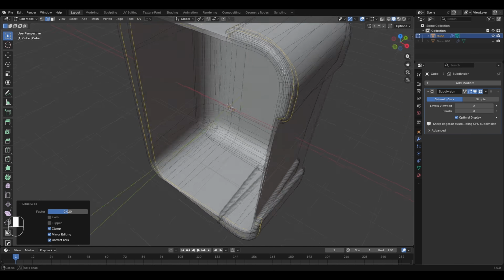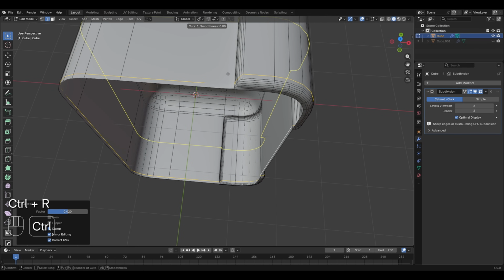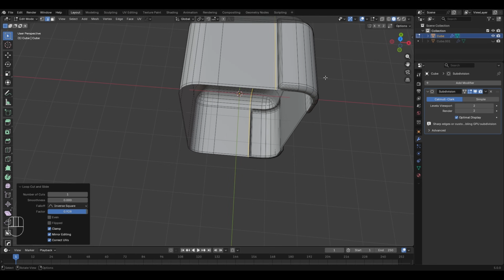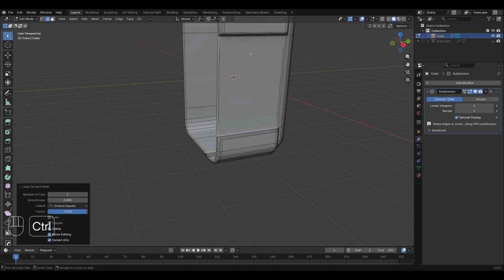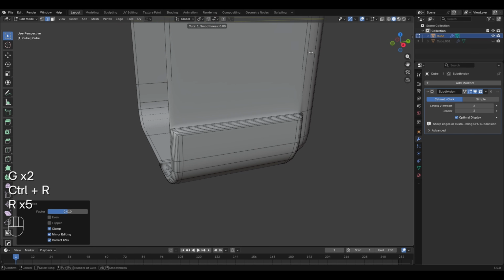After this, the next thing that I'll do is to add a loop cut here as well. So I'll press Ctrl R and add a loop cut here. Now I'll change the angle to see if anything else is needed. Like here, I think that I can add one loop cut over here. And after this, I'll be adding one more loop cut over here by pressing Ctrl R and bring this down